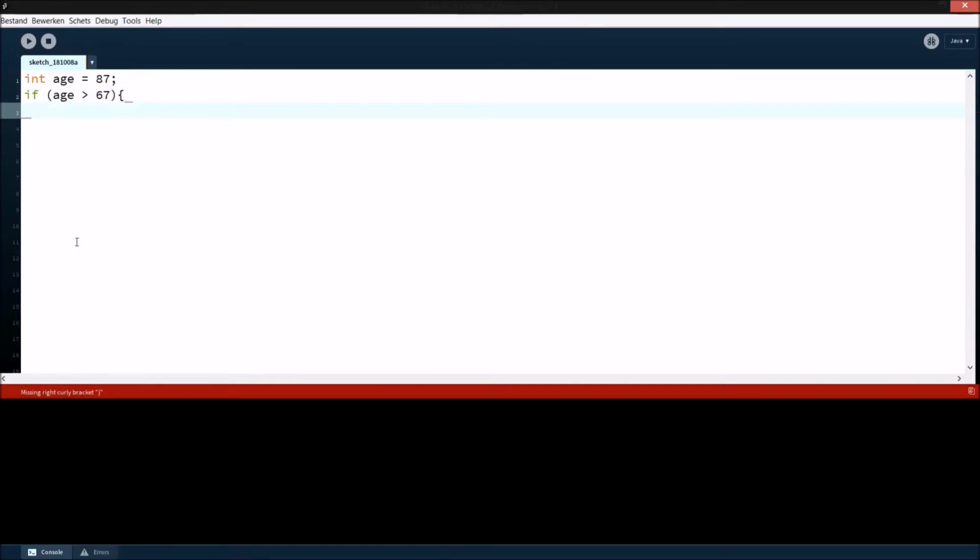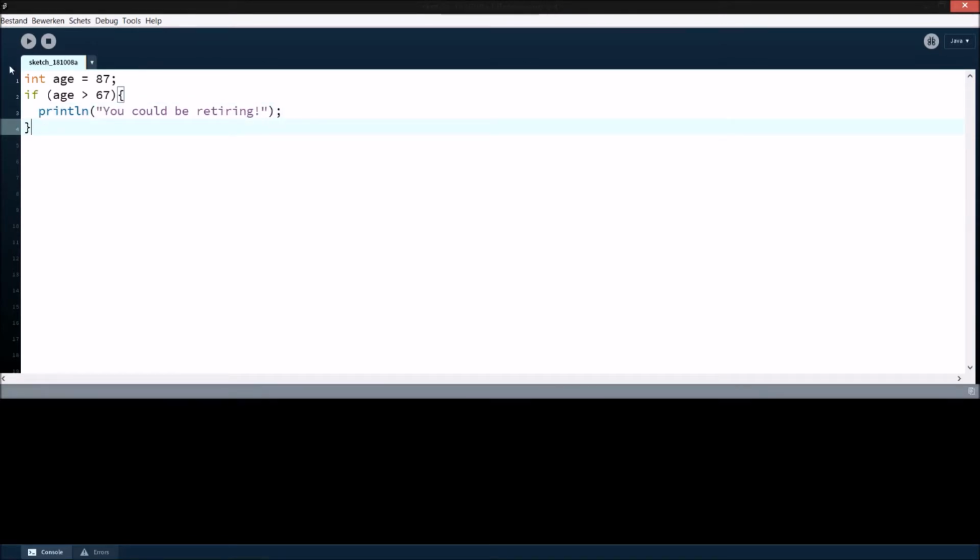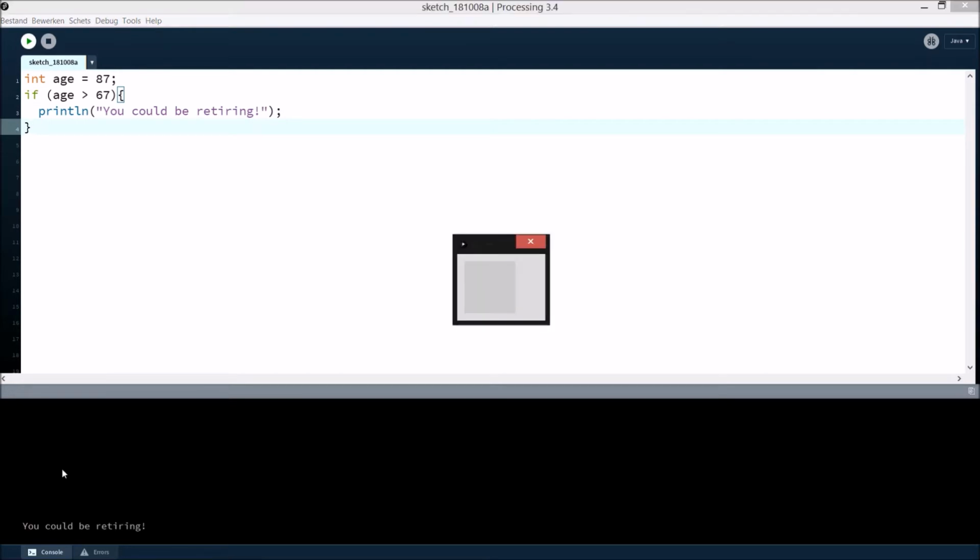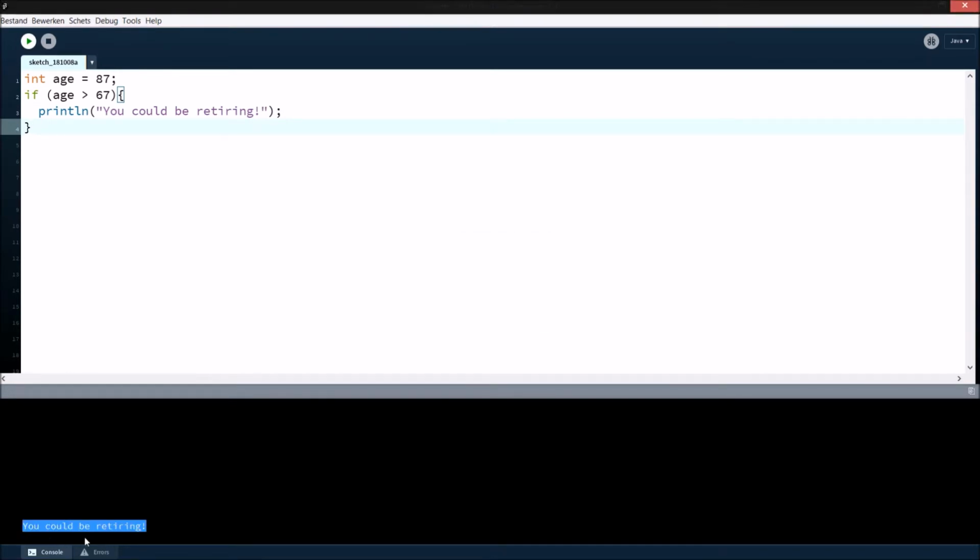Now, on a new line, make print line, "You could be retiring!" Add a semicolon, and now close the curly bracket. If we run this code, you will see the print line in the output below, since 87 is larger than